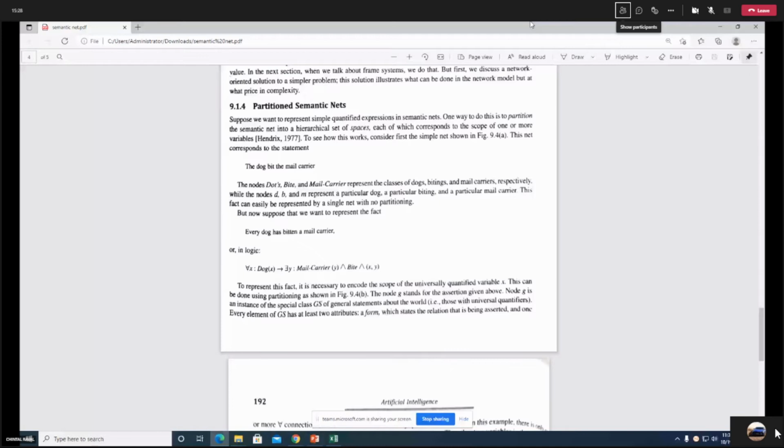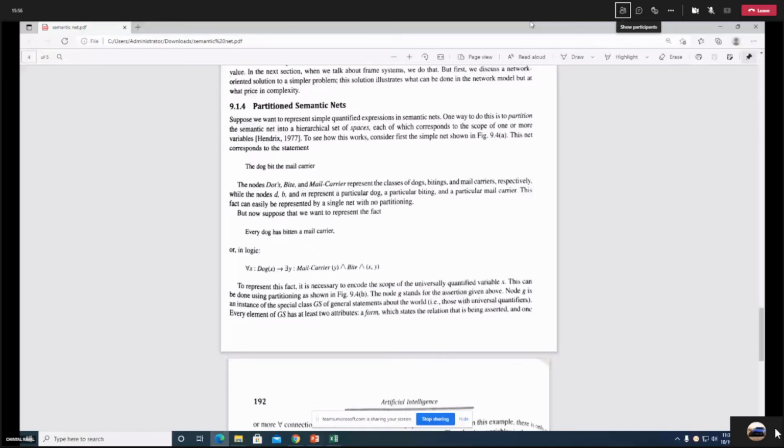There is a minor difference between them. In a semantic net, there are no quantities in the sentence. But in a partitioned semantic net, we represent sentences which have a quantity.